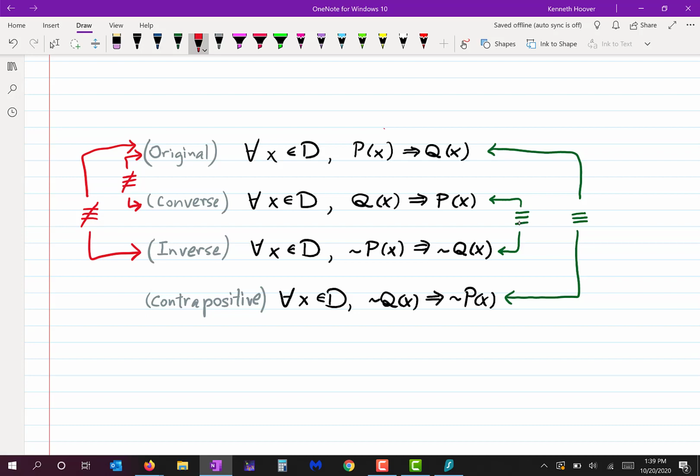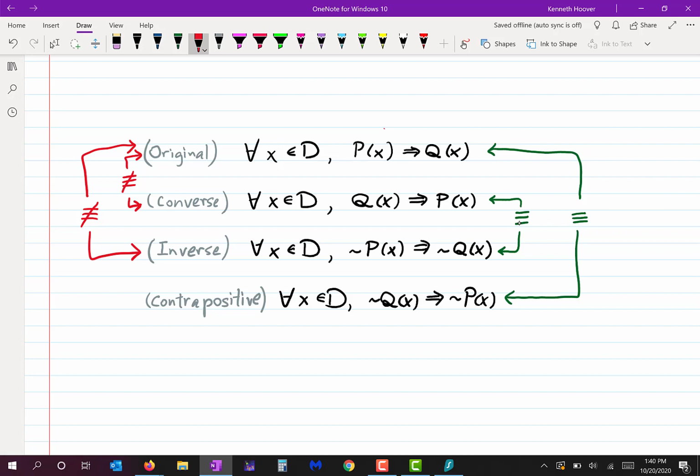Okay? And you also need to know that you cannot replace it with its converse or inverse. But I will tell you that of those three, the inverse is the one that you see least often. Okay,